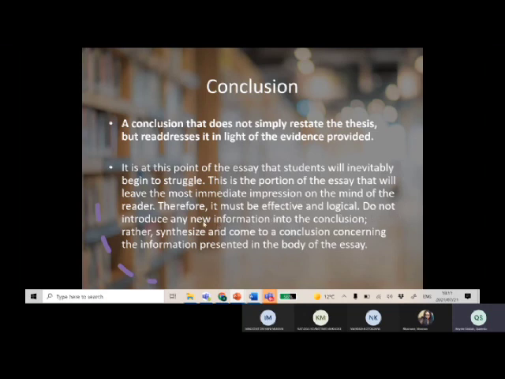Do not introduce any new ideas into the conclusion. And please, this applies with all other conclusions. Avoid introducing new examples or new facts or new information. If you have anything to add, maybe add it in the body paragraphs or add a new body paragraph, amend